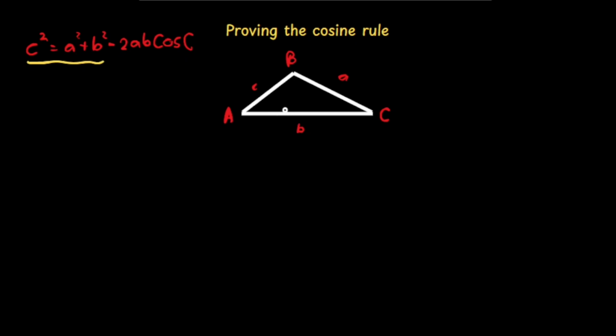A simple solution to this would be to construct a line from a corner perpendicular to one side of the triangle. And what we've done is we've created two right angled triangles from this one non-right angled triangle. Can you guys see that? And this can be done for any and all triangles. If you take any triangle, you would be able to create two right angled triangles from it. Okay? So this is going to make our life much easier when it comes to proving